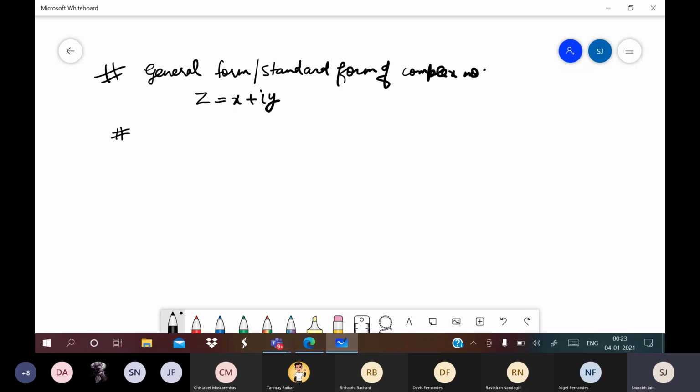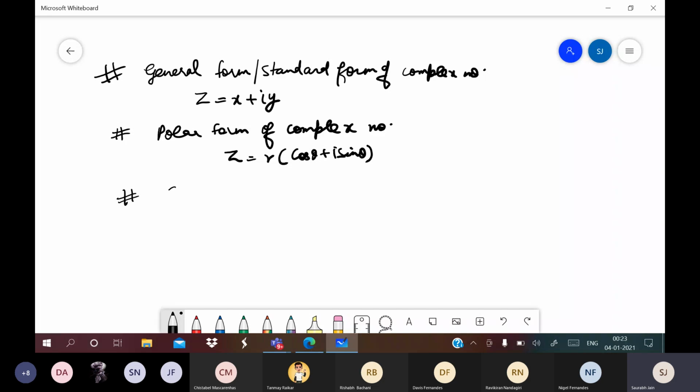Then you have studied the polar form of complex number. What are x and y? X and y are real and imaginary parts. Then in polar form of complex number, it is r into cos theta plus iota sin theta. What is r? R is the modulus of complex number and theta is the argument, right? The principal argument. Now we are going to learn the third form of complex number, but